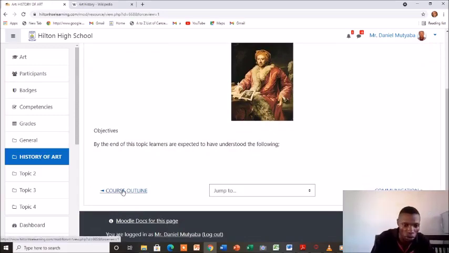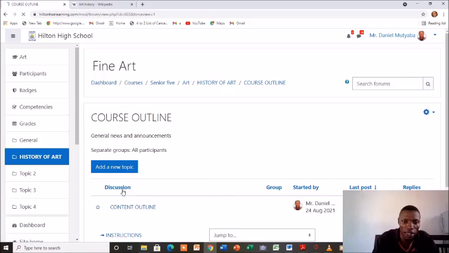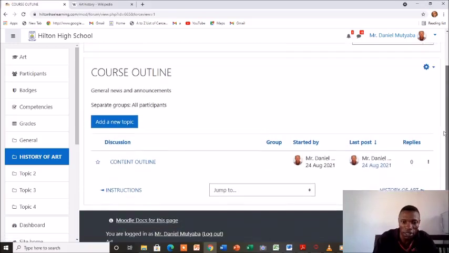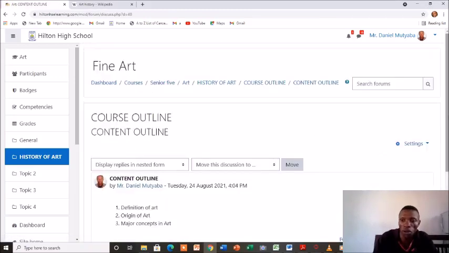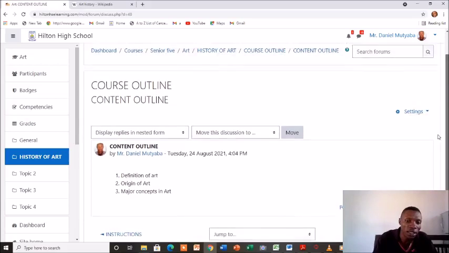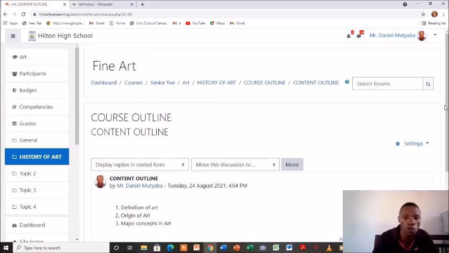If these learners want to know the course content, they will have to come here and click on it, and then they will read through the course outline, and they will be in a position to understand. As you can see, now the question is, how do we go back to the other page? So now I've just taken you through how to